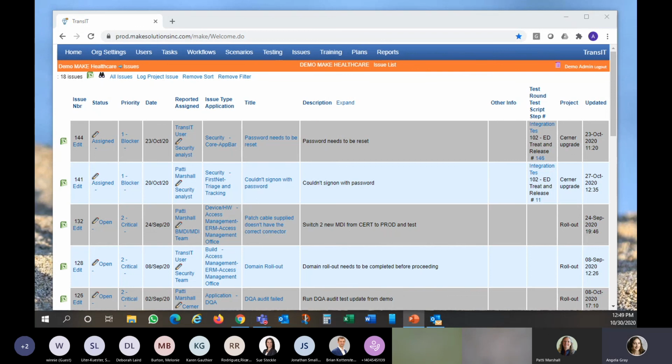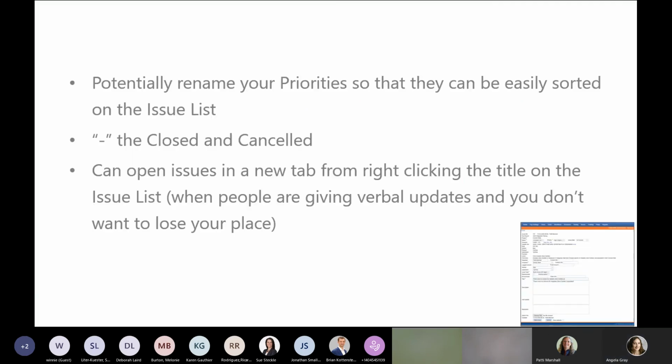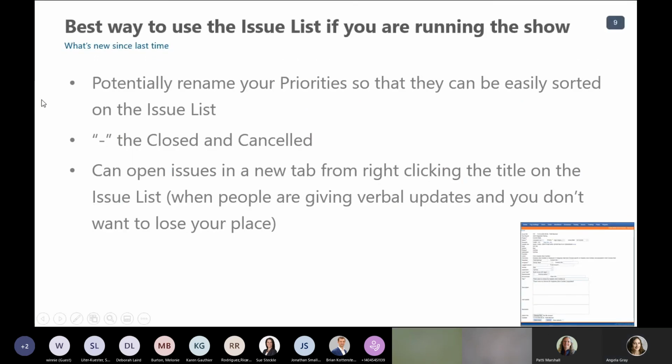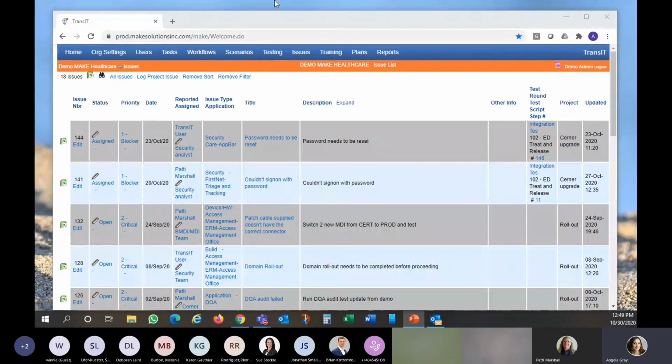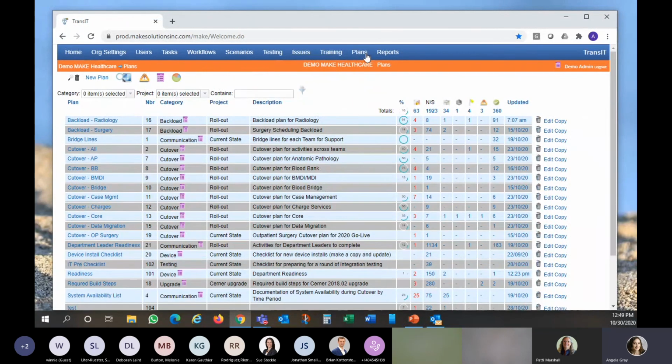Okay, and back to the PowerPoint. The last piece that I had to show you was the activities. And actually, I believe I did show this already, but just as a reminder, if you're wanting to add an